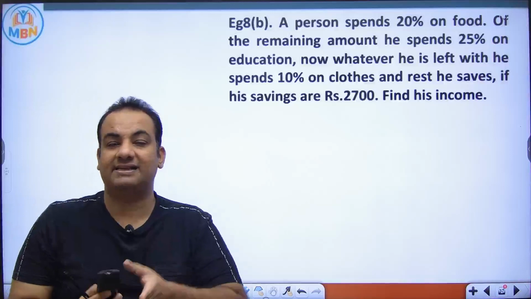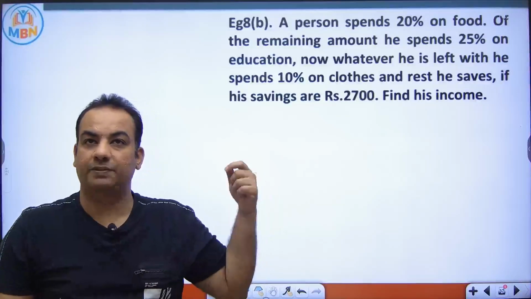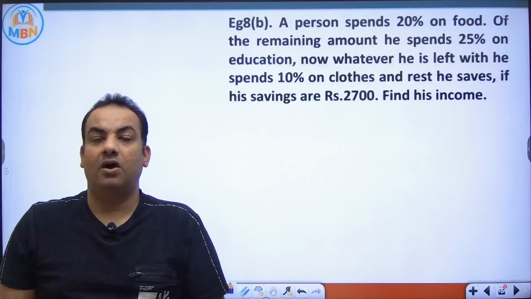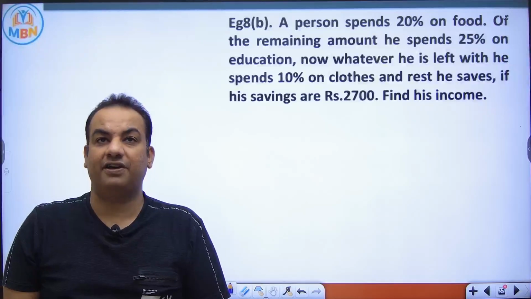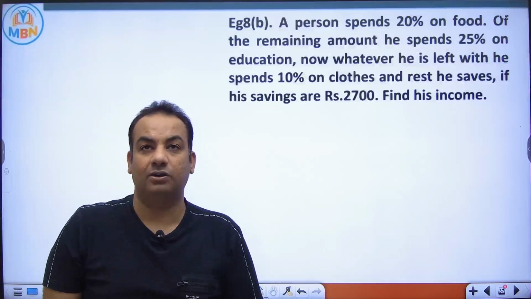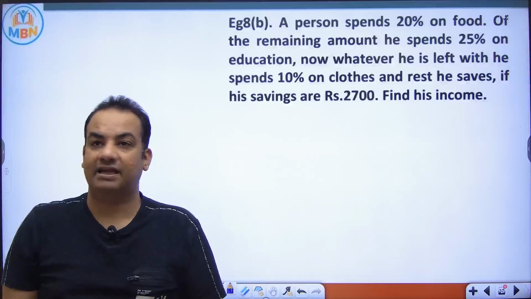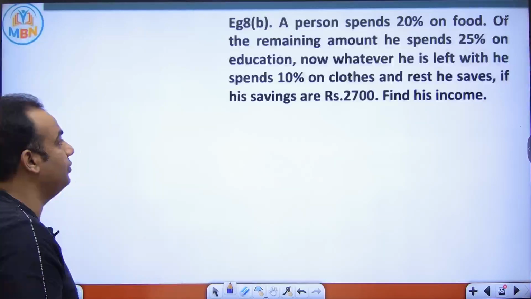Now there is a slight variation to the previous one. So please focus here. A person spent 20% on food. Of the remaining amount, he spends 25% on education. Now whatever he is left with, he spent 10% on clothes and the rest he saves. If his savings are 2,700, find his income. Now there are two ways to do this. First is